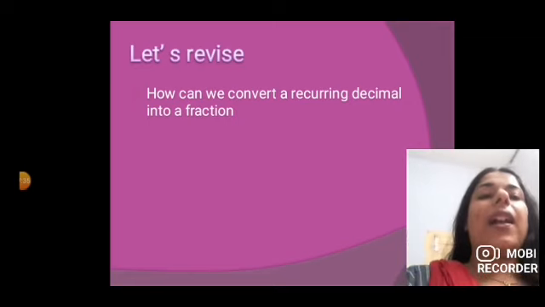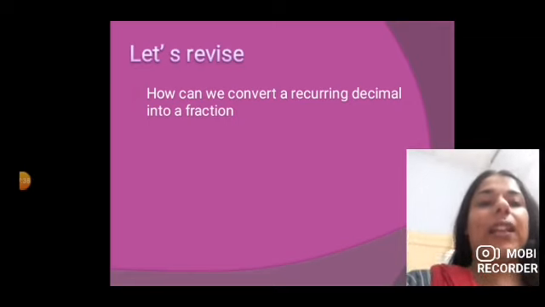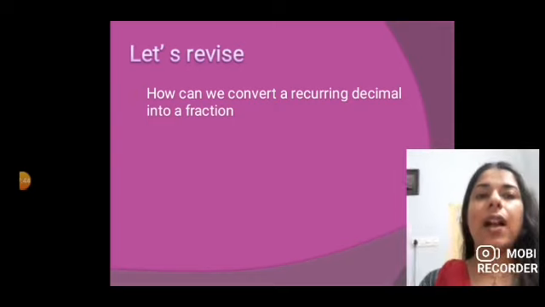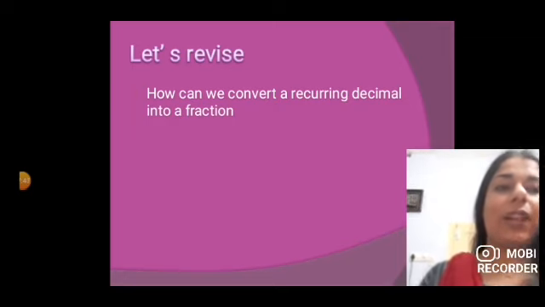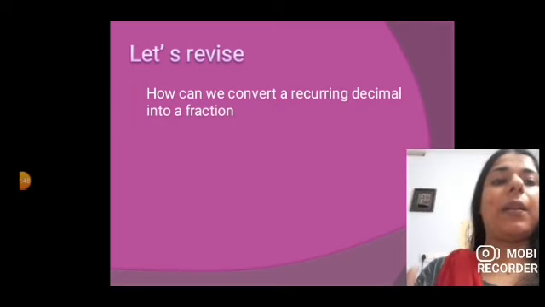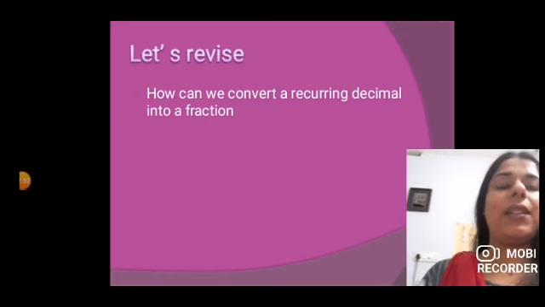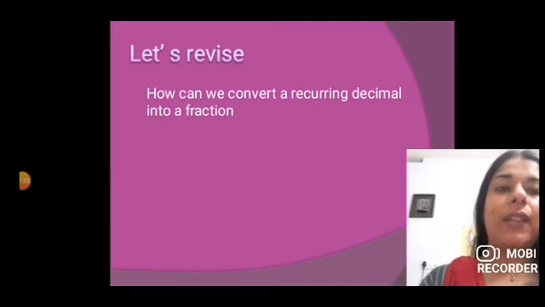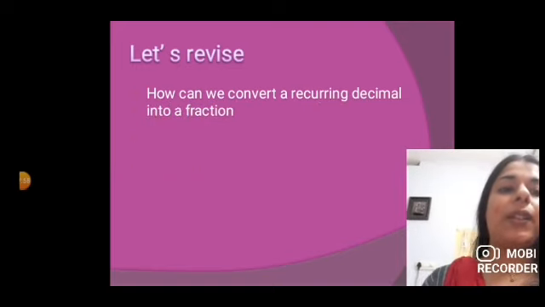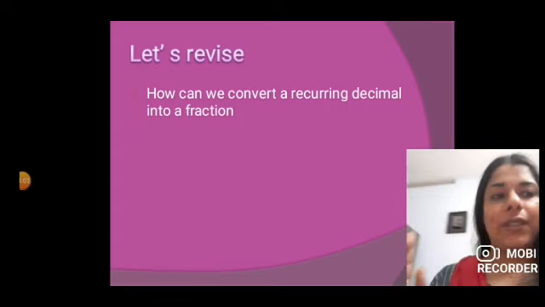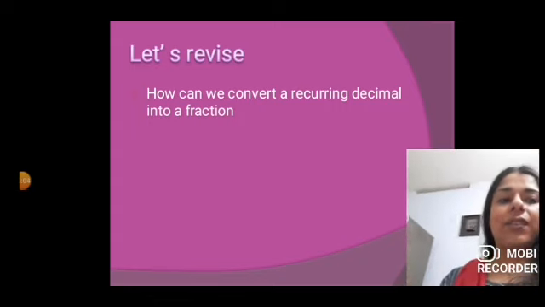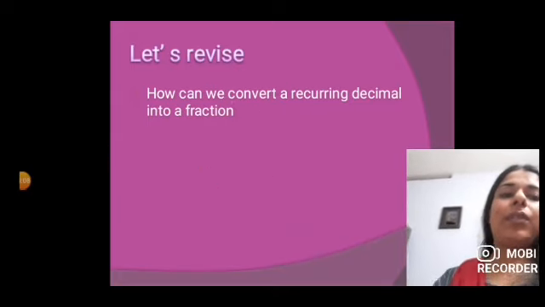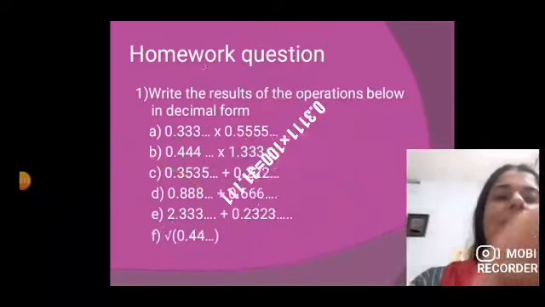Wait. Then, how can we convert a recurring decimal into a fraction? Understand, anyone tell the steps. What is a recurring decimal? A number that repeats after the decimal point several times. To convert a recurring decimal, we put x and multiply with 10 according to the decimal. If it is 1 place, multiply with 10. 2 places, multiply with 100. 3 places, multiply with 1000. Then multiply, split, and write the answers.